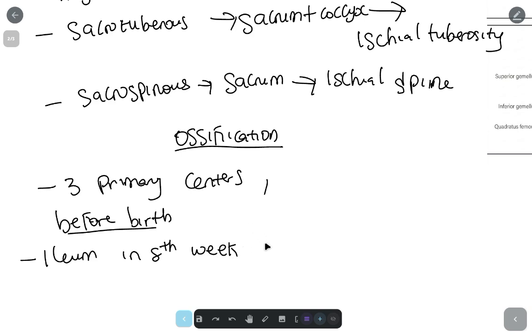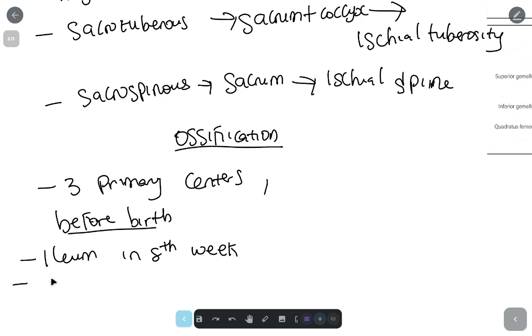Ossification means conversion of cartilage to bone, or when connective tissue is completely replaced. When embryonic connective tissue is converted to bone, or when cartilage is completely replaced by bone, that is also called ossification. So just put that at the back of your mind. We have two things that occur in ossification of the hip bone, which are ossification before birth and ossification after birth. The ossification that occurs before birth is that the ilium is converted into bone in the 8th week,